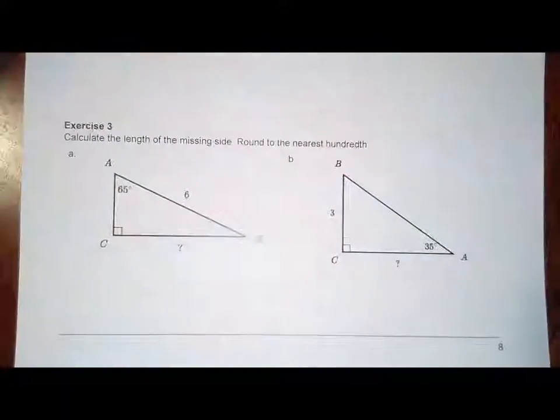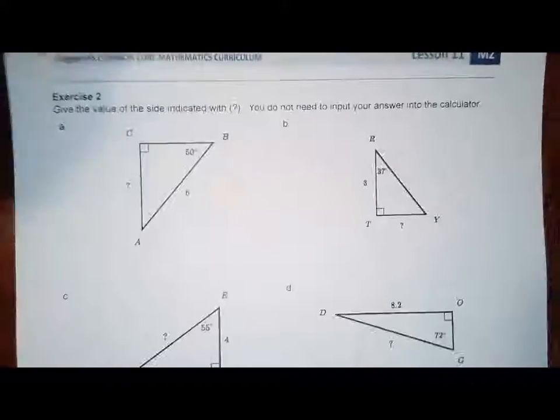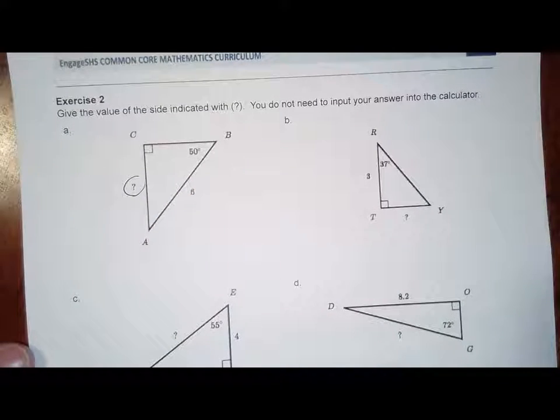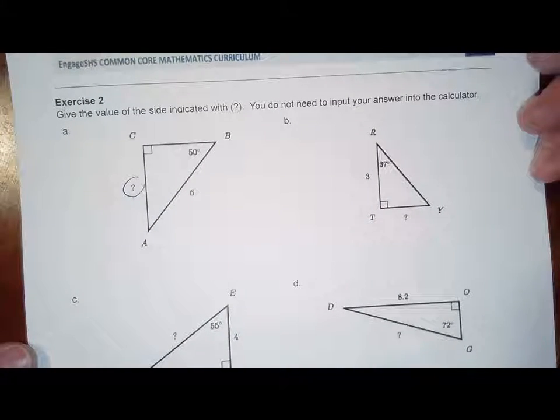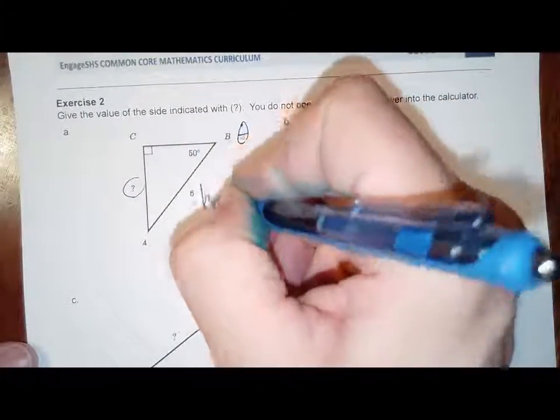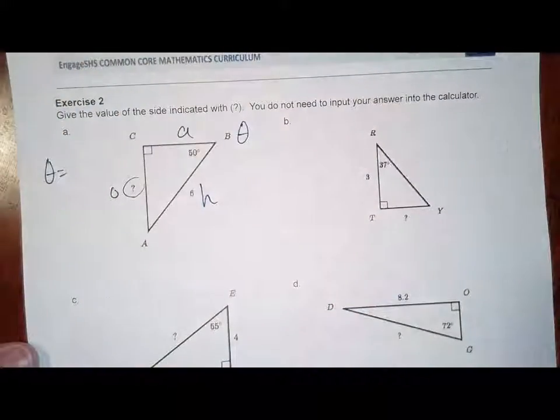Go to the next page. So here we go. We want to determine the value of the thing that has the question mark, how long it could be. So we're going to do our 3 steps. We're going to label, we're going to list,